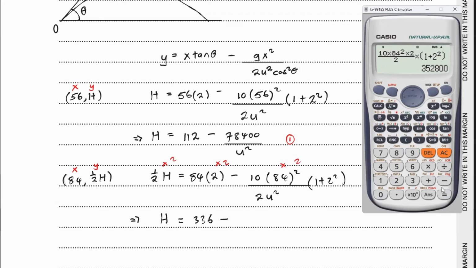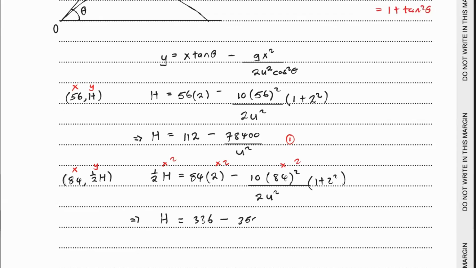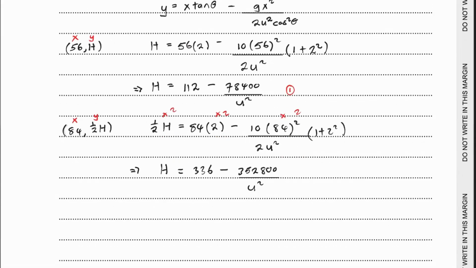And we're getting 352,800. All right. So we have that 352,800, and that's all over u squared. All right. So I'm going to call this equation 2, and I'm going to equate equation 1 to equation 2